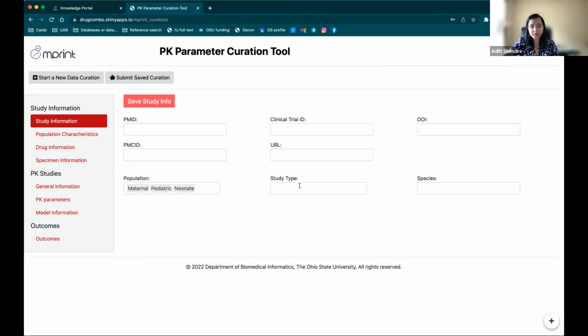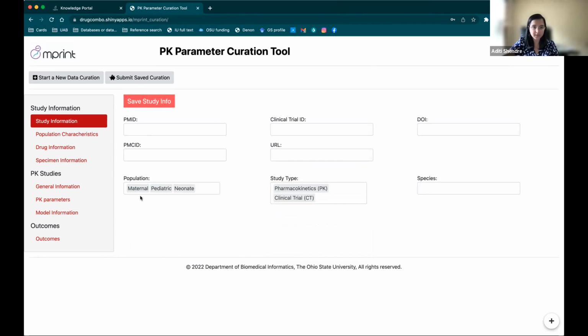And then when it came to the study type, there were options to add more than one, because sometimes a clinical trial might present pharmacokinetic related parameters, so an option to choose more than one. We included a species tab for the future if we include in vitro studies, but for now it's just focused